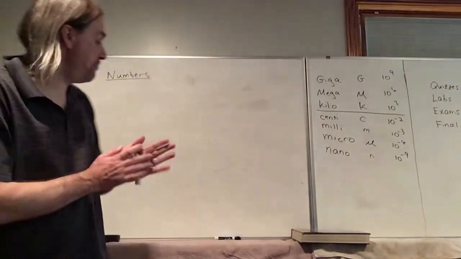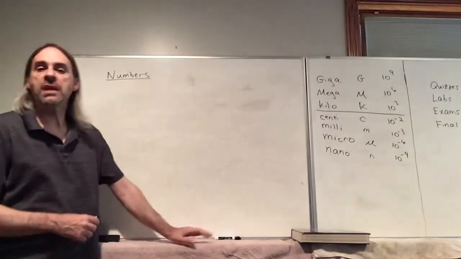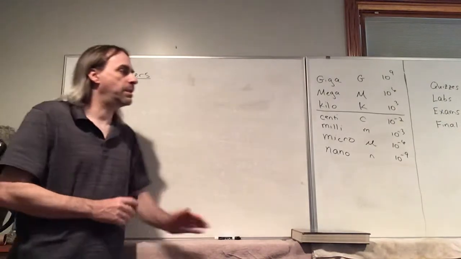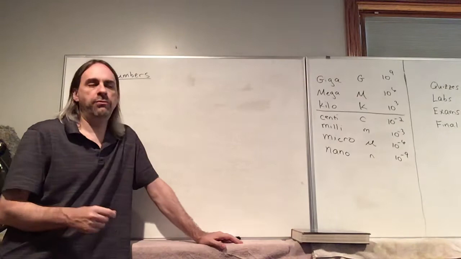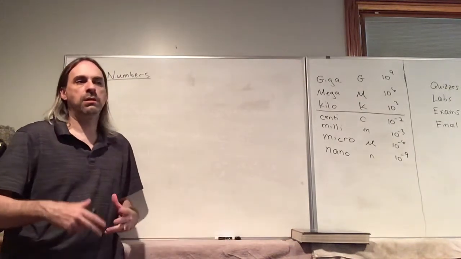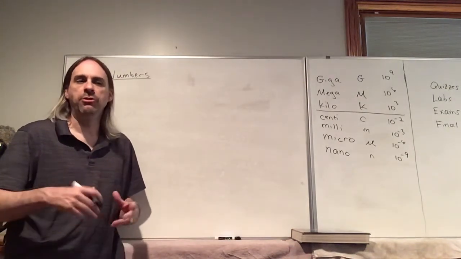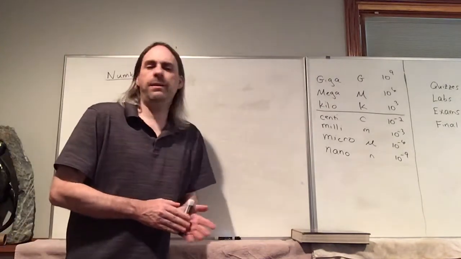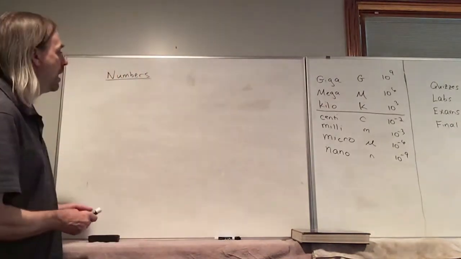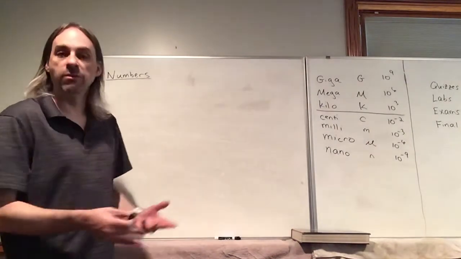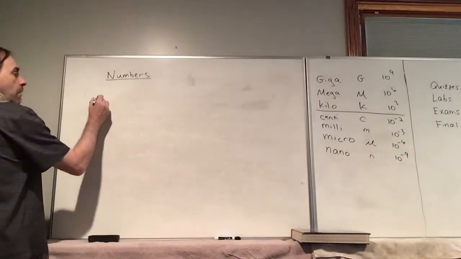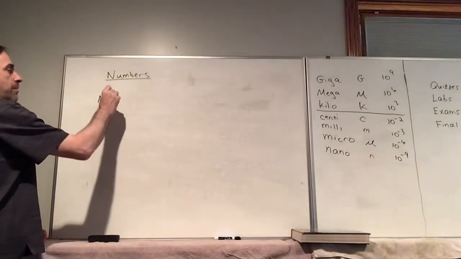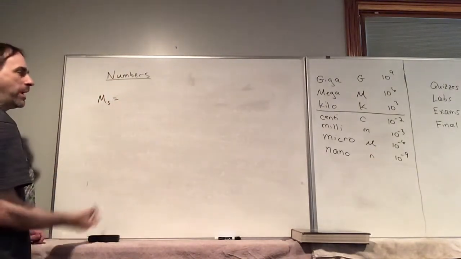Okay, so we're going to talk about numbers. In physics, we deal with a lot of numbers that have extreme magnitude, either very large or very small, and that can be a bit of an issue. Let me just give you an example. Say the mass of the sun in kilograms. If we want to write this out,